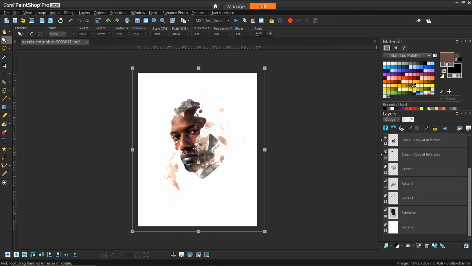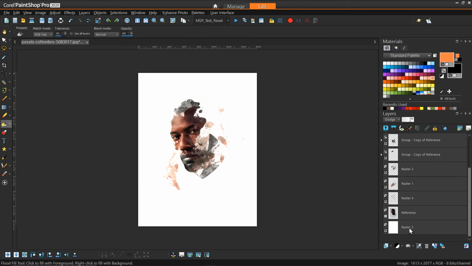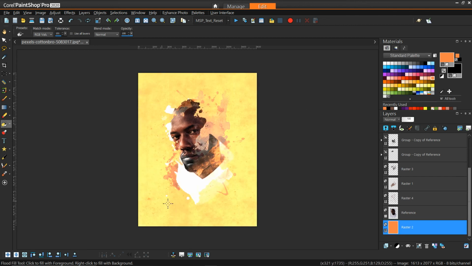But what we can do to mitigate that is instead of having white there, we want to put a color. So if we chose something that's in line with what we're seeing here, maybe like a peach-ish color, maybe a little bit darker, and we were to use the flood fill tool on the bottom layer, then what we'll see is it has the effect of bringing all that detail back. Now this ended up producing a color not quite like what I really wanted, so